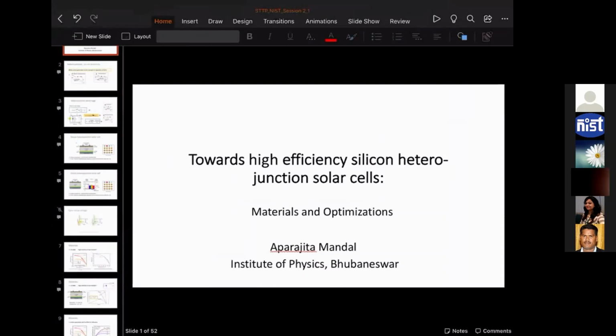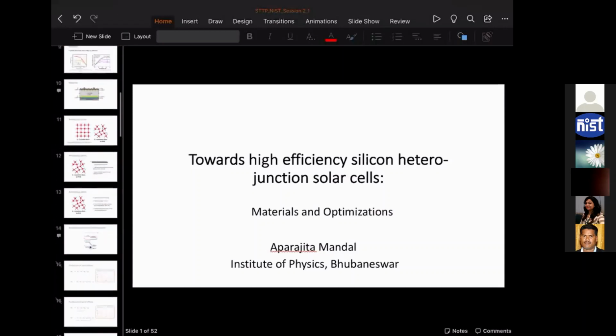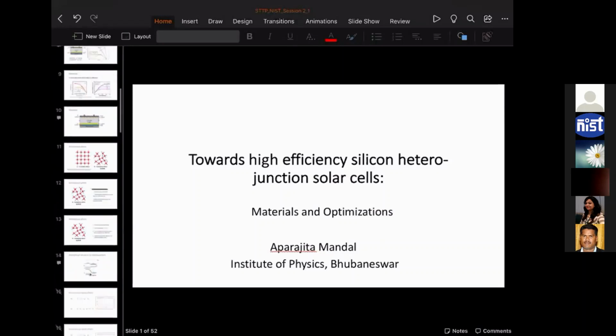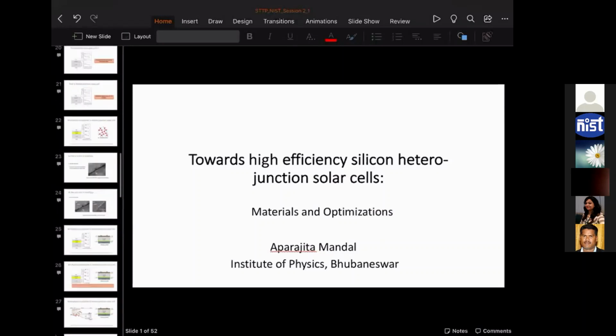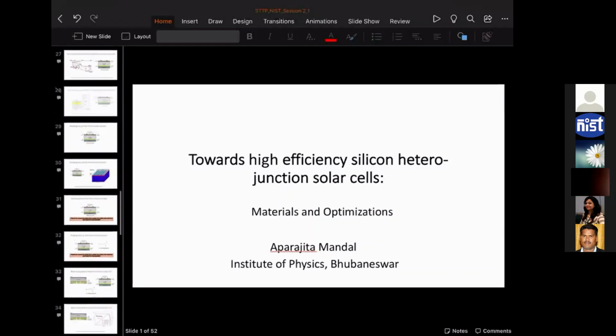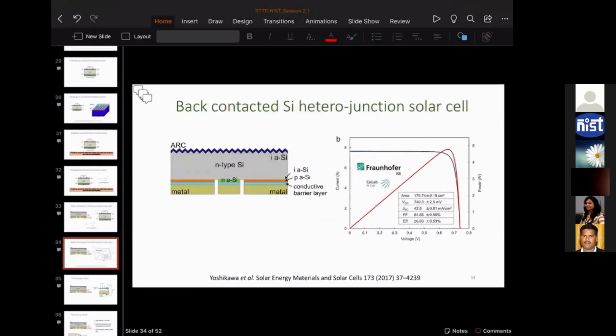It was a very nice and informative session, especially on heterojunction solar cells. I am just curious to know what is the future of these heterojunction solar cells in the marketplace. Because as we understand from your talk, there has been quite a lot of development in terms of improving the device efficiency, VOC, fill factor and everything by replacing the intrinsic amorphous silicon.